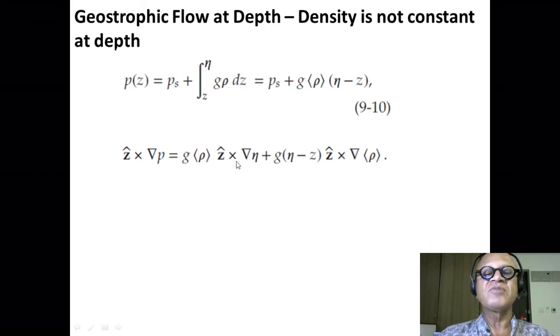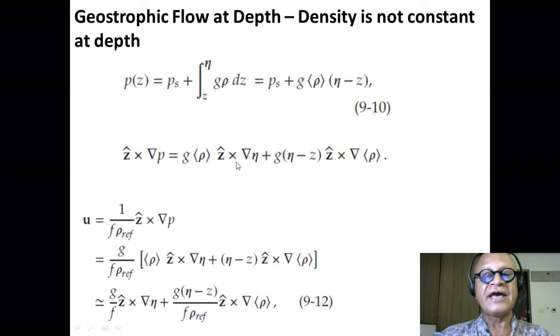Why are we saying that? Because we know already that the deep ocean has very little motion, so we need them to be compensating each other. So writing the geostrophic current vector, it's 1 over f rho ref z hat cross grad p, where we replace grad p with this: 1 over g over f rho ref times average density z hat cross grad eta, the sea level gradient term, plus eta minus z times z hat cross grad of the average density,